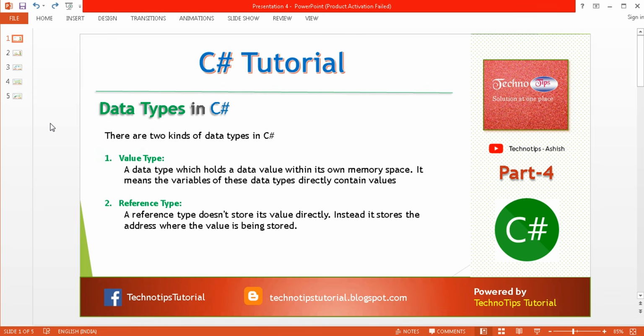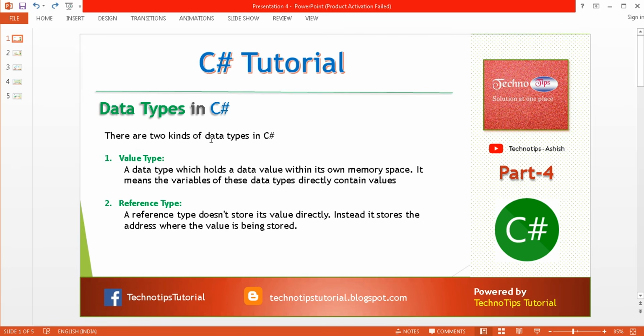This is part 4 of the C# tutorial. In this tutorial, we will learn the data types in C#. Before proceeding with this video, please make sure to watch my previous tutorial, that is part 3 of this video series, where I have given an overview of MVC and routing. Also, we have seen some examples of displaying output on output windows as well as on browser. Okay, so let's get started with this tutorial.